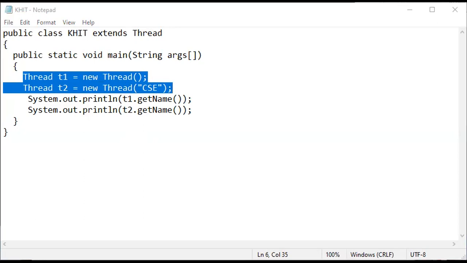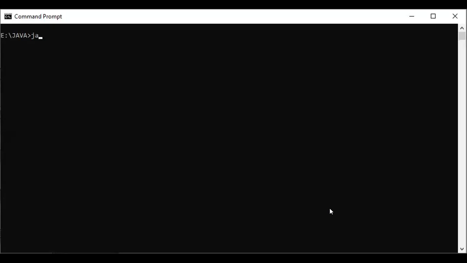Go to the command prompt here. Add javac khit.java. It is compiled. Java khit. So if you observe here, as I told you, the thread name given by the compiler is based on the capital THREAD, hyphen, integer value.